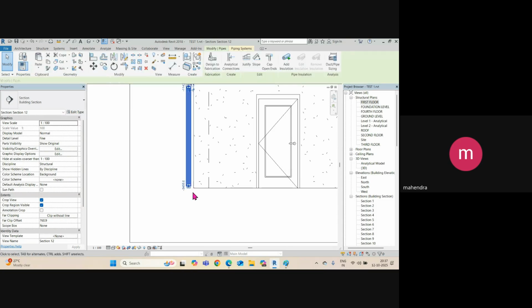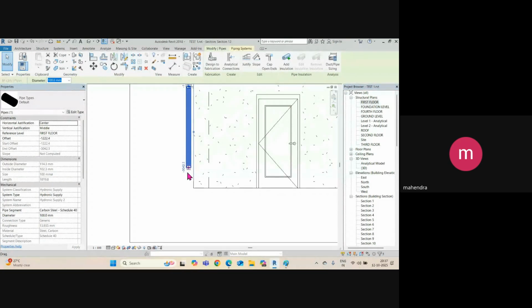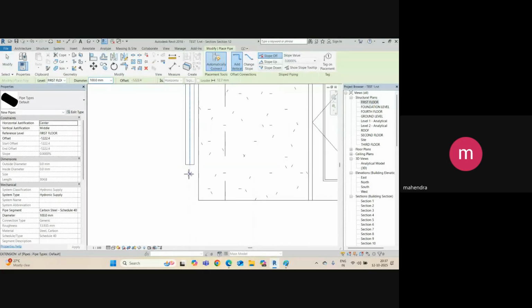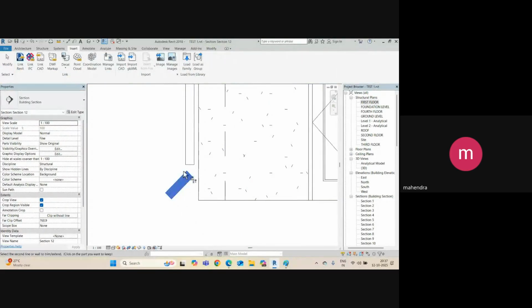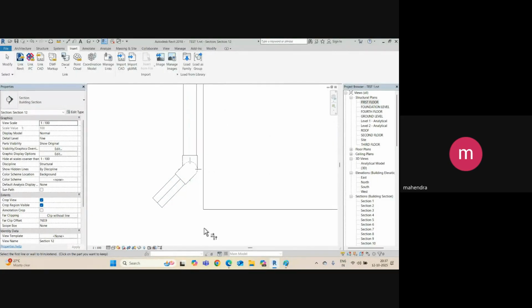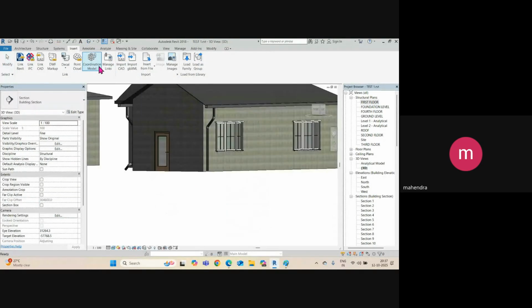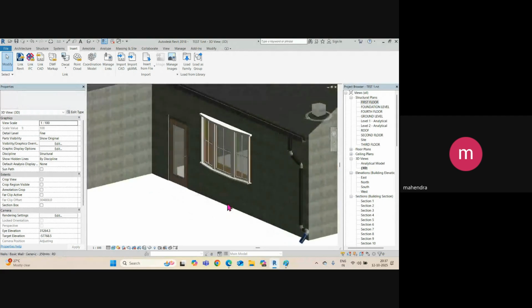Suppose you want to change it again, so suppose I want to add in this direction. Right click and say create similar, and then you need to add like that. And then give the trim command again, and then you can add the coupler here also. If you look at it in 3D, oops, so the coupler is